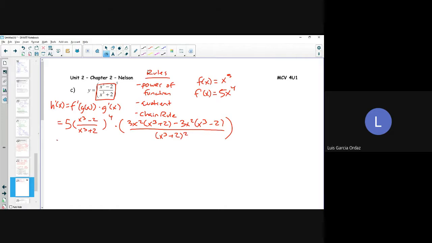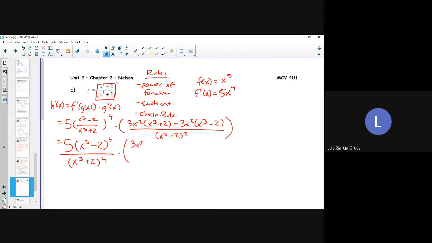Remember, guys, this exponent goes to both the expression x to the 3 minus 2 and x to the 3 plus 2. So I can simplify this as 5 multiplied by (x to the 3 minus 2) to the power of 4 divided by (x to the 3 plus 2) to the power of 4, multiplied by simplifying the inside, which gives me